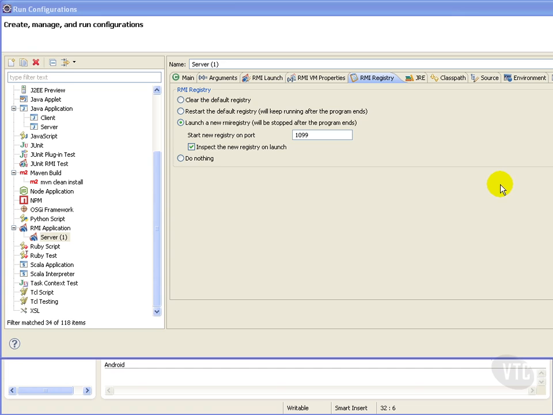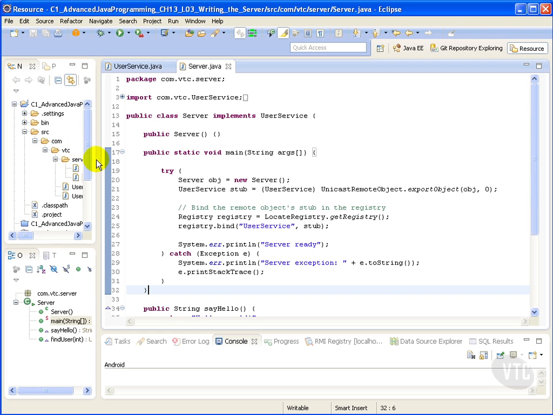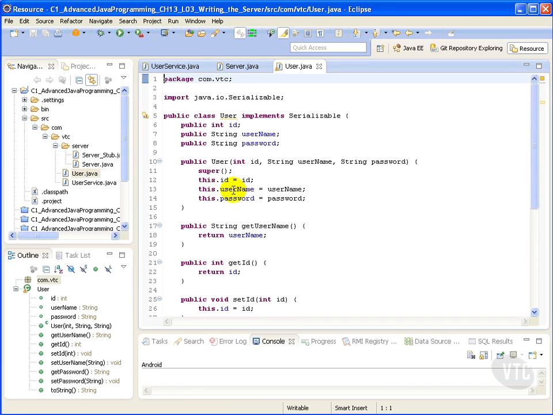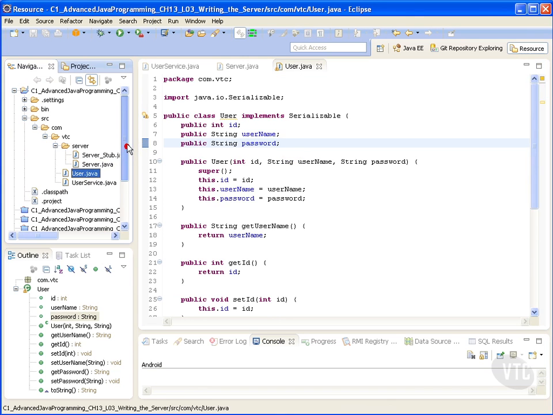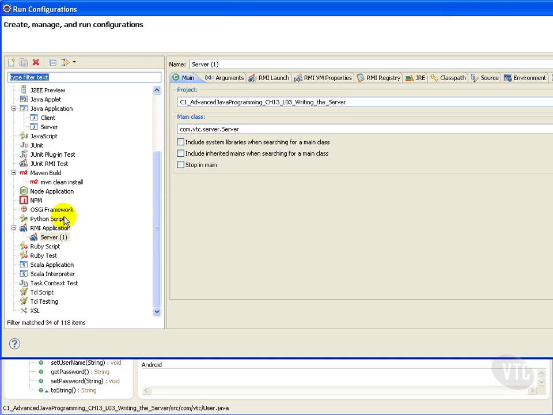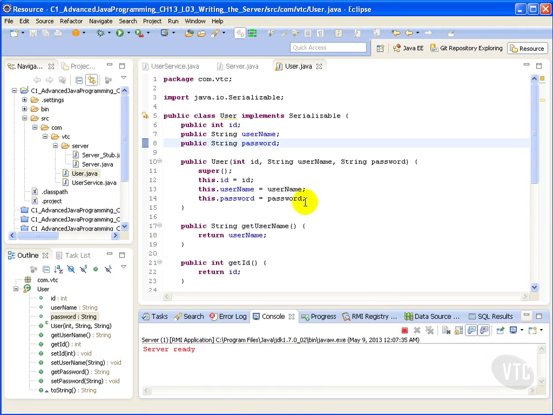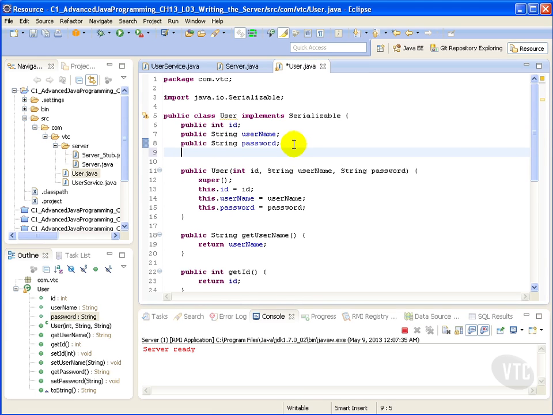Another problem that you may encounter is that when you try to make any changes to the project that has your remote objects, make sure you start your registry service. For example, here I have the user object that's going over the wire. If I start up my registry first, and then I make a change to the server object, which in this case would be the user object that's serializable,